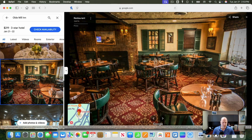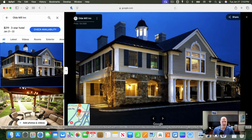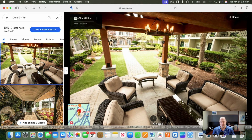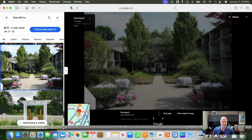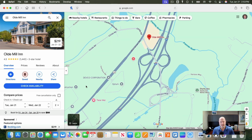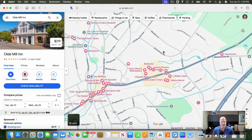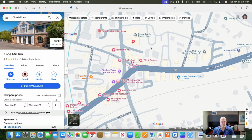They have the grill restaurant, which has a lot of character, wonderful food, fantastic bar. It's a real nice kind of cozy place to settle in. My parents stay here occasionally when they come in from out of town, and people definitely love the Old Mill Inn. So that is there, and this is where you would jump onto 287. So from the center of town to Old Mill Inn is just a quick 5-minute drive, and then you can jump onto 287. I just want to go back into town